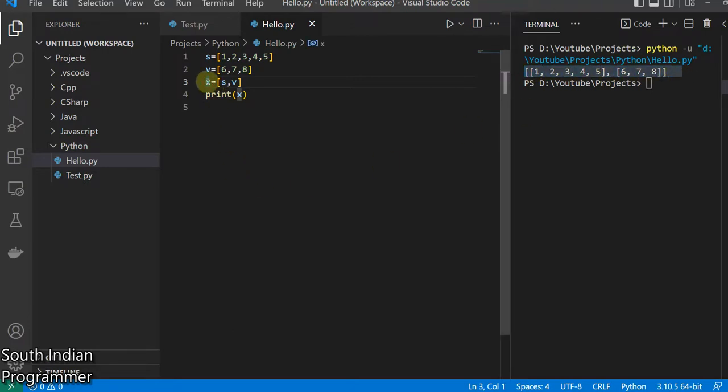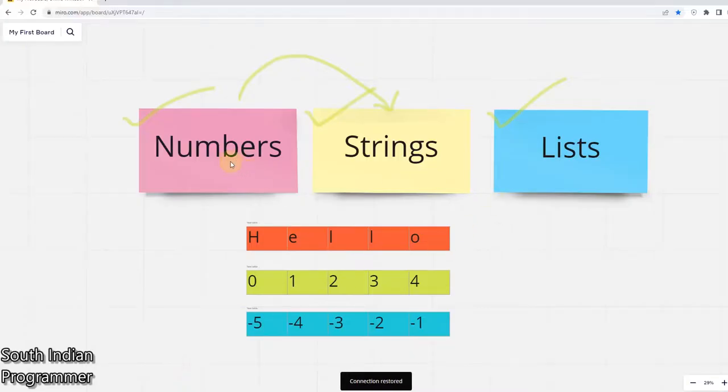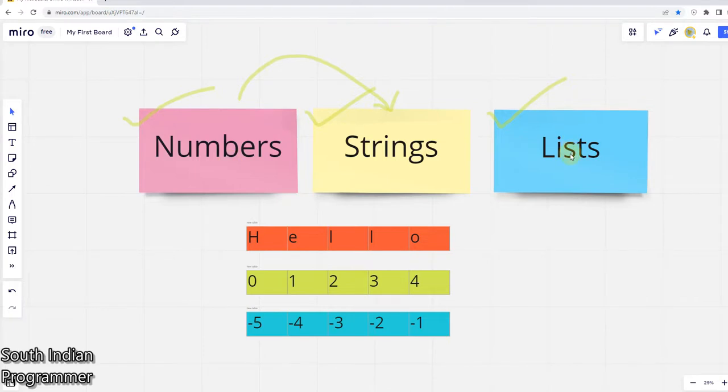That's nothing but x. Okay, let's wind up the three sessions of numbers, strings, and lists,